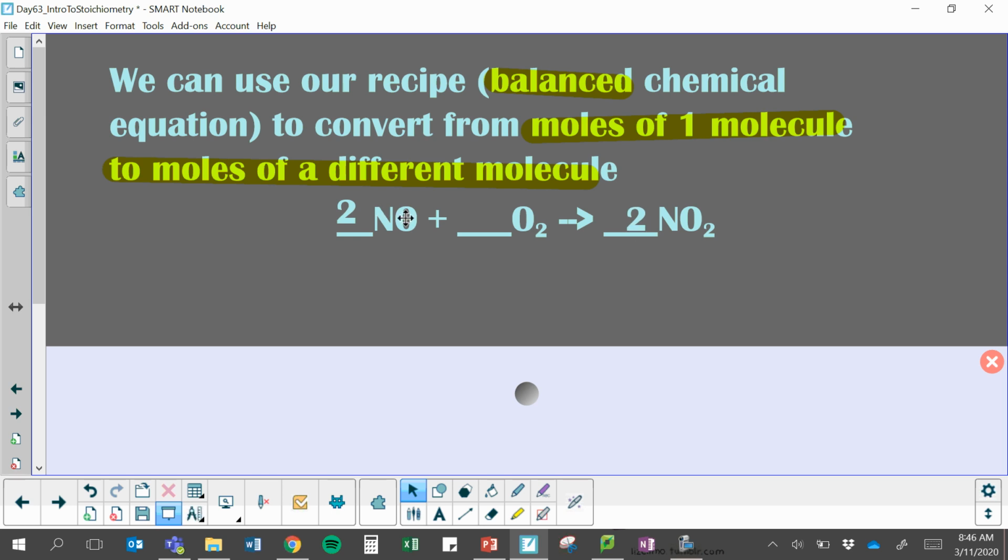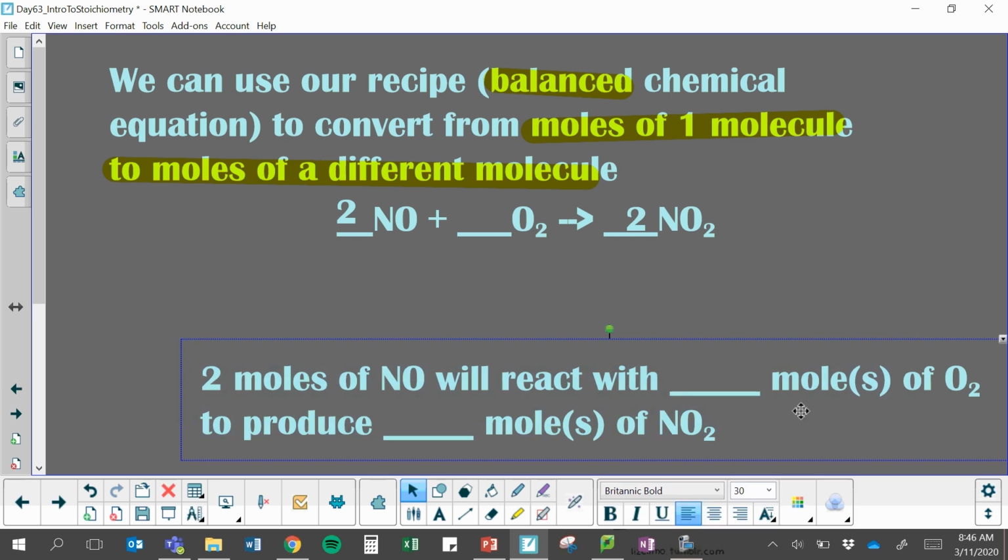So on the left side we have 2 nitrogen, and on the right side 2 nitrogen. On the left side we have 2 plus 2, so 4 oxygen, and 2 times 2, 4 oxygen. So it's now balanced. We wrote this equation, but another way of thinking of this is as a recipe